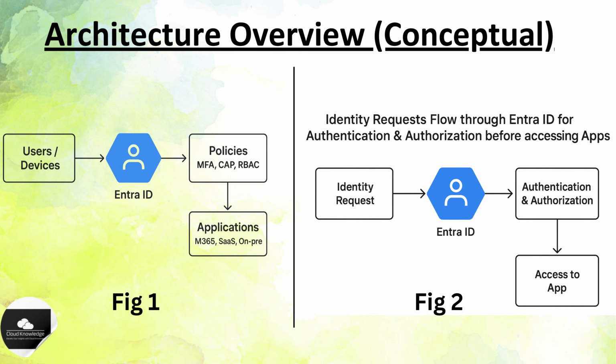on-prem applications, right? And in the second one, you can see the identity request which came from the application will again go to Entra ID. Then it will go for authentication and authorization under Entra ID itself, and once it has been authenticated and authorized, then it will go for access to that particular application. So in the first figure, we have tried with the users and device. The second one is for the identity request flow through Entra ID for authentication and authorization before accessing apps. So these are the two, just an overview flow that we can check